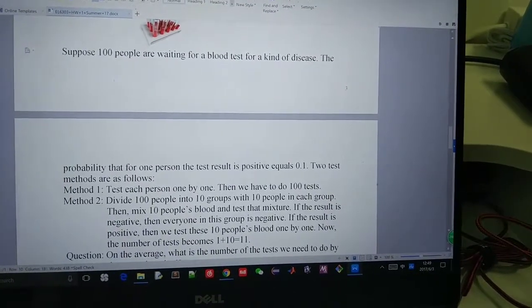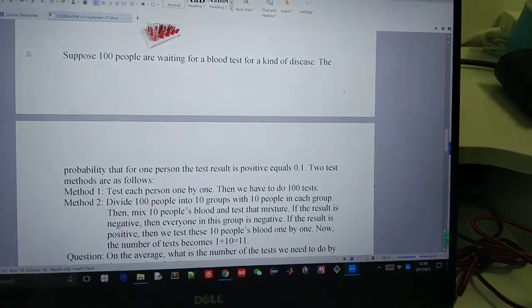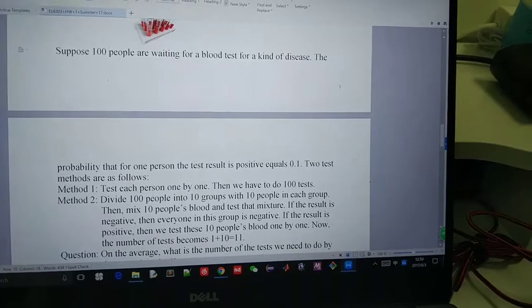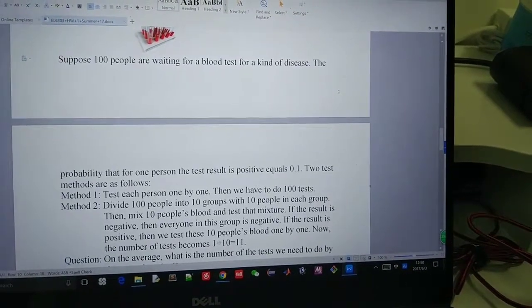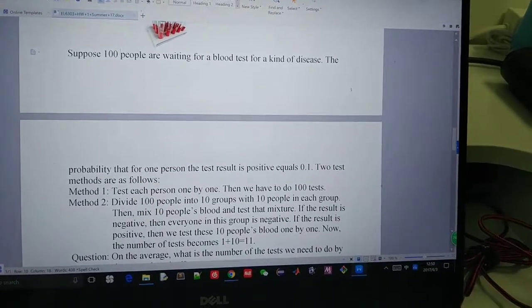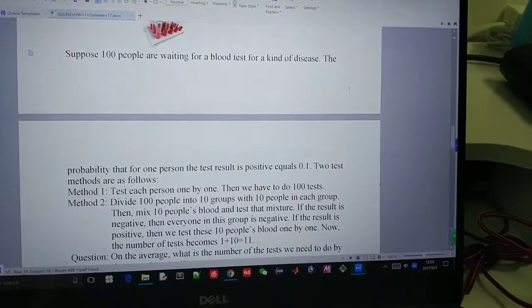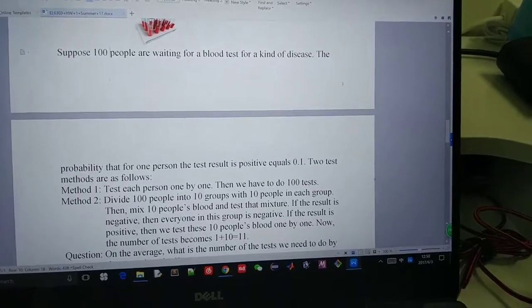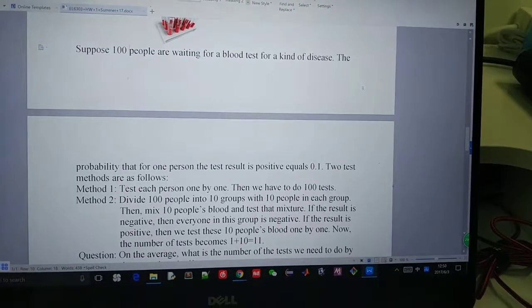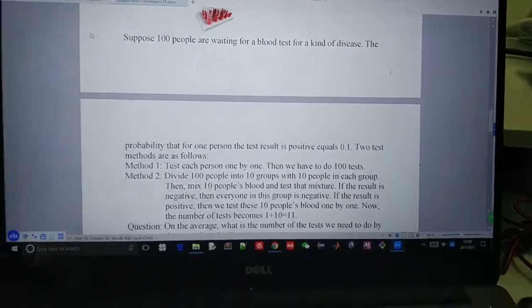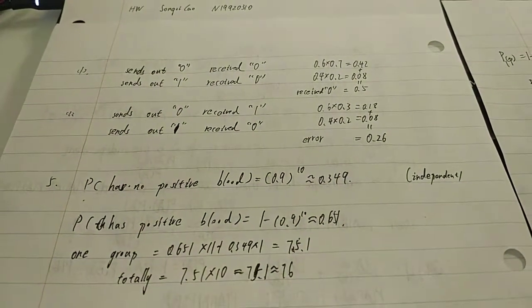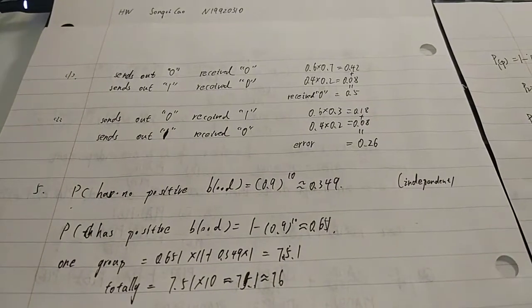Now, the number of tests becomes 1 plus 10, which is 11 times. By this method, we can have a smaller number of tests. And so in this question, we'll calculate on average what's the number of tests we need to do. So at first, we have to calculate the probability for each group to have no positive blood. It's equal to 0.9 to the power of 10, equal to